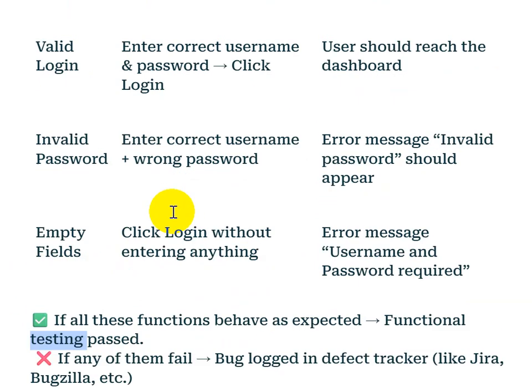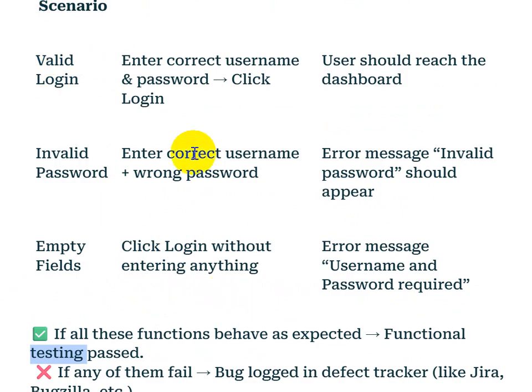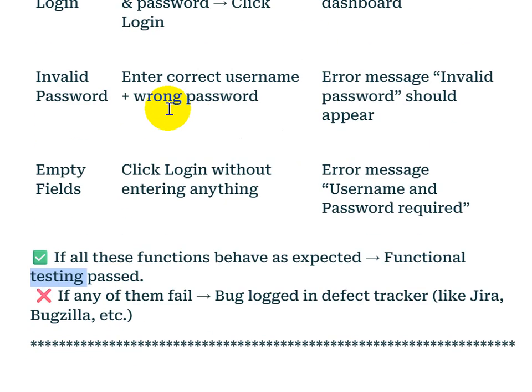Suppose we have created these three scenarios and they are working as expected, then we can say our functional testing is passed. If any one of them fails, suppose for empty fields, when we hit the login button, the system is not showing the correct error message given by the requirement,